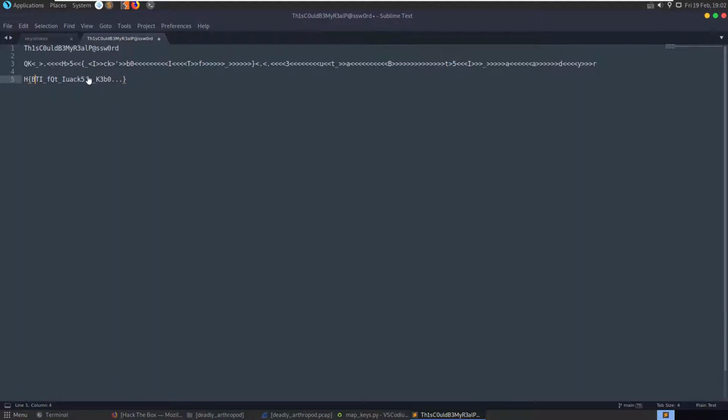And then a capital B. Alright, so there's our Hack the Box coming together, although it looks like we've got something the wrong way around slightly. Okay, so we're at B, and I'm going to go